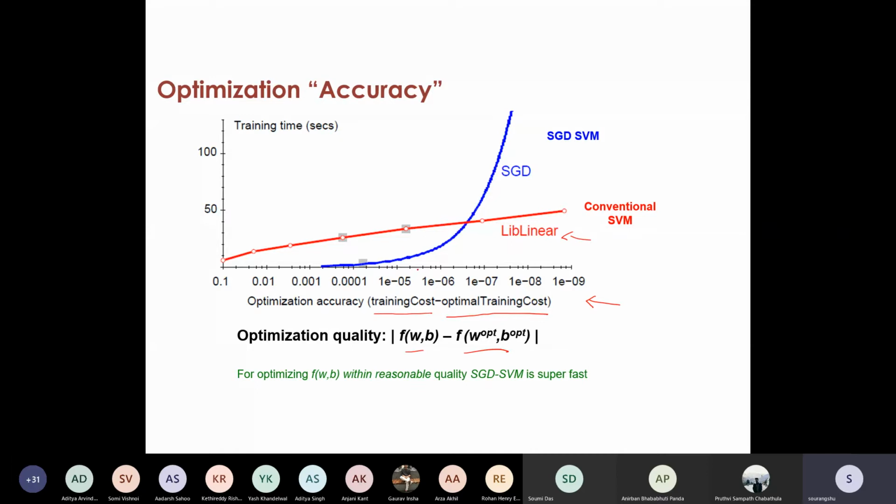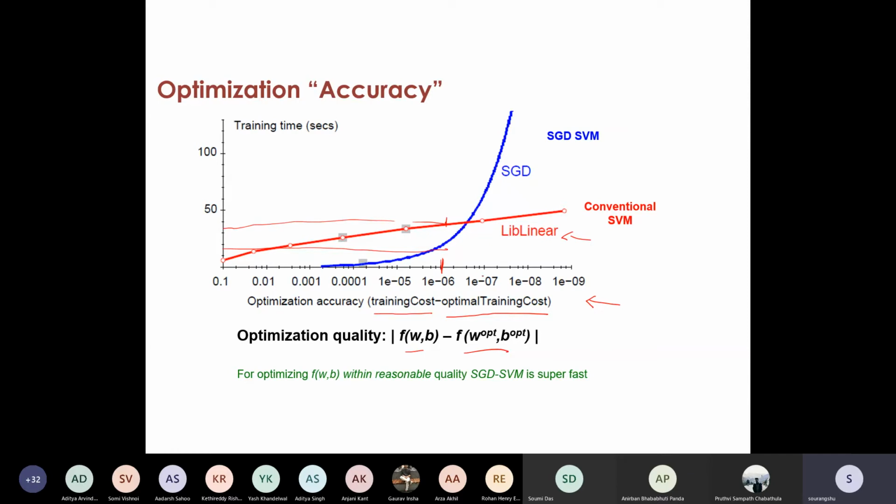So what you can see, or it's a dual coordinate descent actually, okay. So what you can see here is that if you are interested in, let's say, 10 to the power minus 6 suboptimality, so you are at best 10 to the power minus 6 worse than the optimal loss, okay, then the y-axis is the time taken, and the time taken is much less than the time taken for the corresponding suboptimality of liblinear, okay.